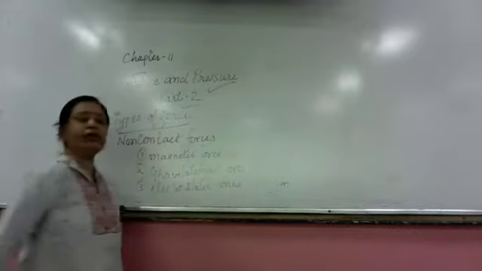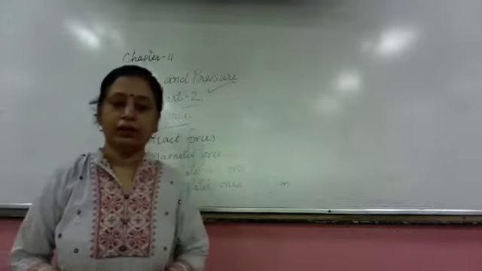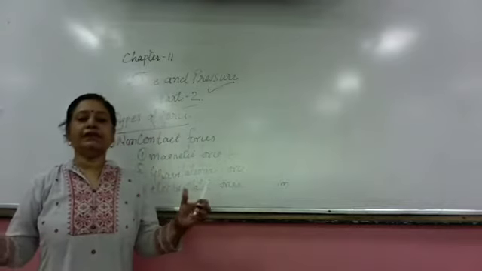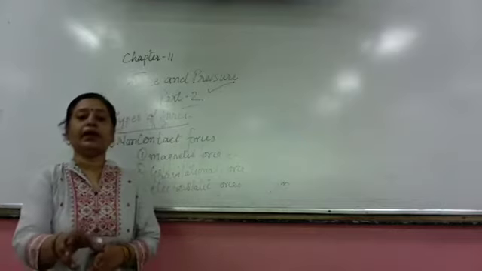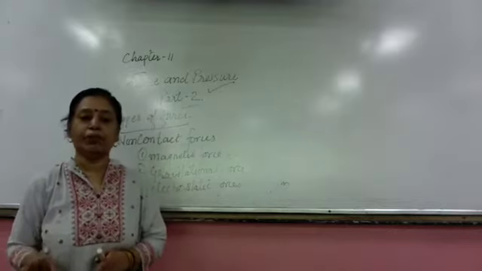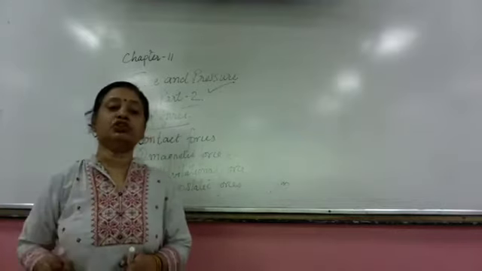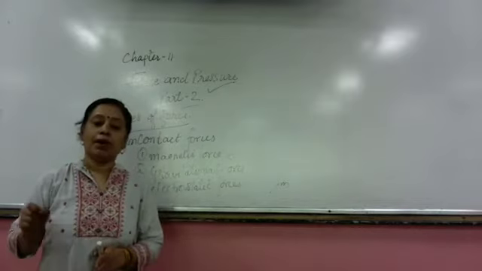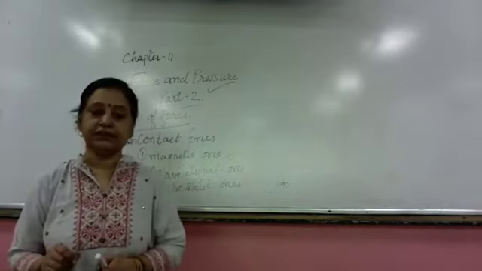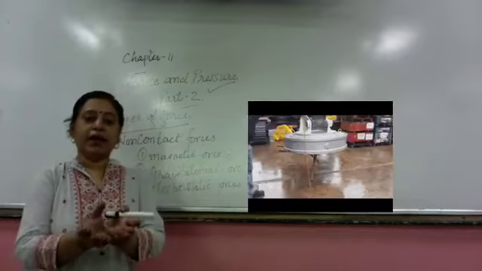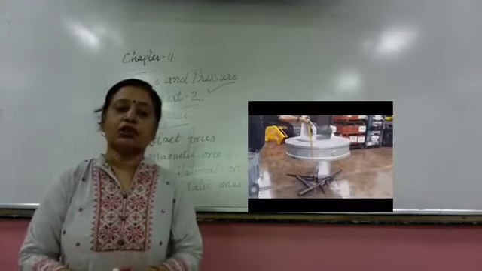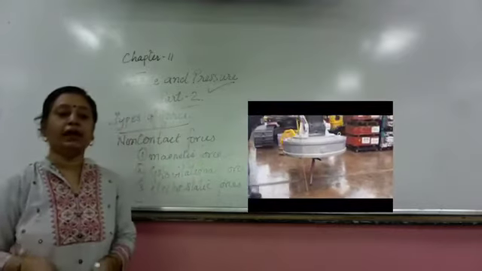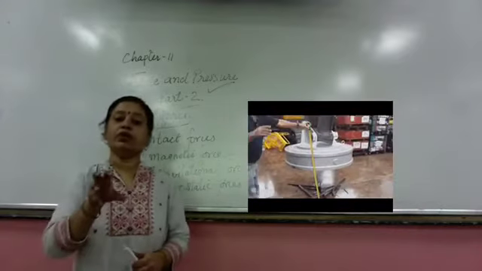I'm sure you might have played with a magnet. What happens when we bring the magnet closer to a magnetic object? What happens when we bring the magnetic substance towards the magnet, or the magnet towards the magnetic substance? You will see the magnet pulls the magnetic substance with some force. That force is called magnetic force, which is applied from a distance.